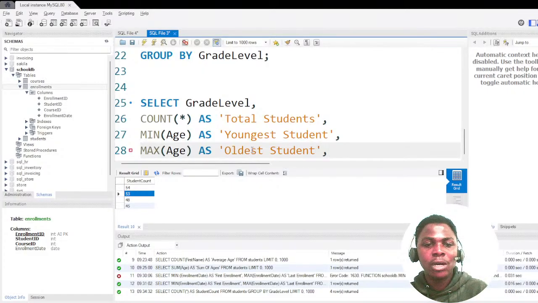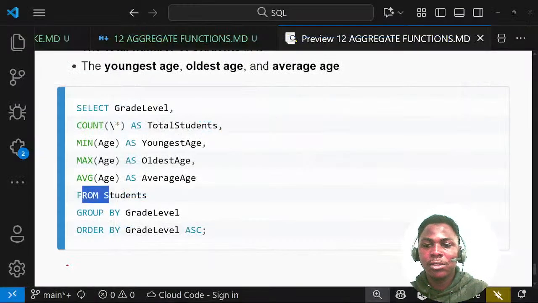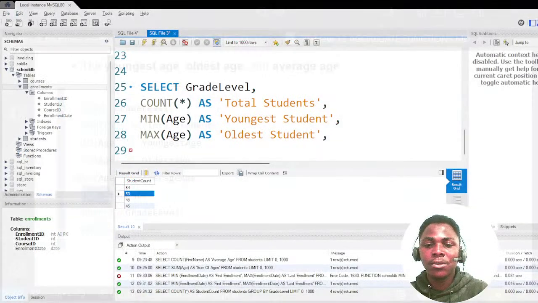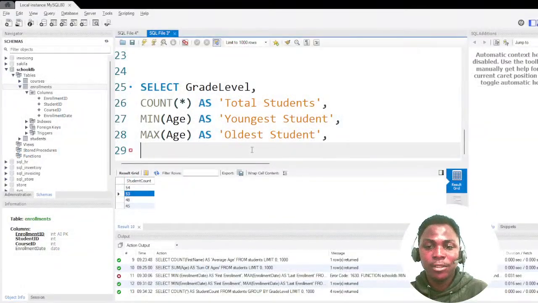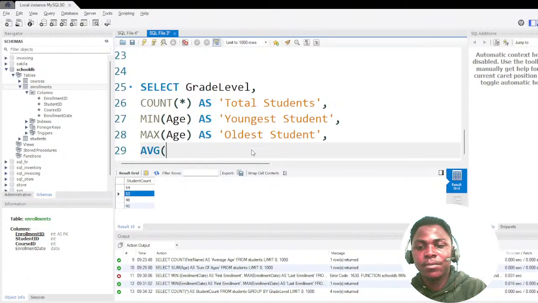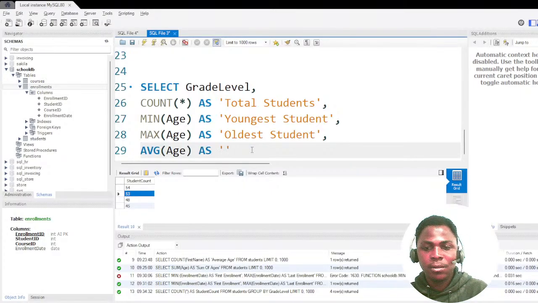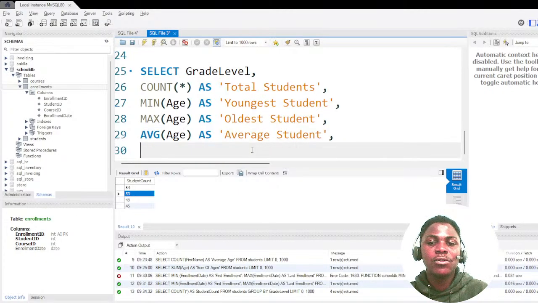And then we also add the average, which is the average of the students. Call it the average age of the students. AVG as average student. Then we want to group by